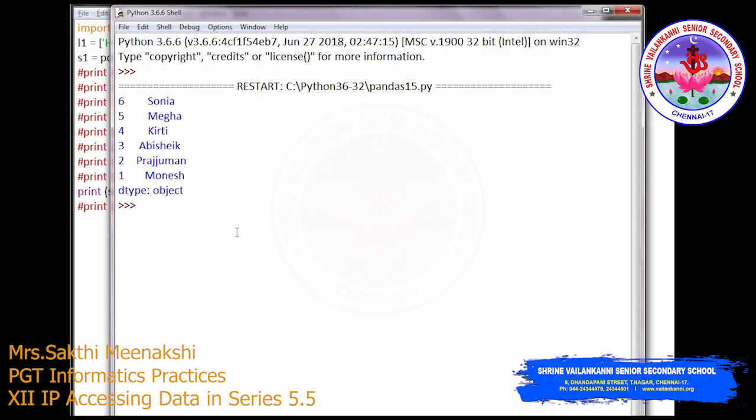Okay, so you have to use only 0. So that's what, if you want the whole record, either you can use it with minus 1, minus 8, or you can use it with the reverse index, right? So this statement will display only till Monish. Okay, so excluding the 0th index.